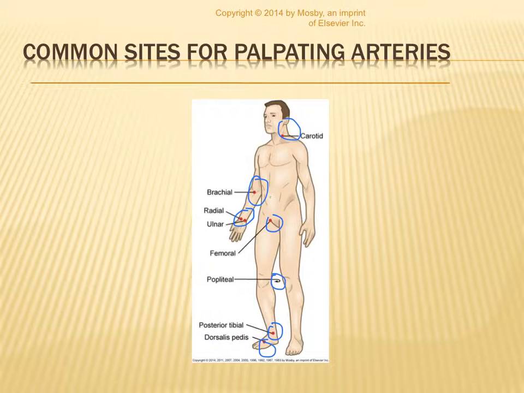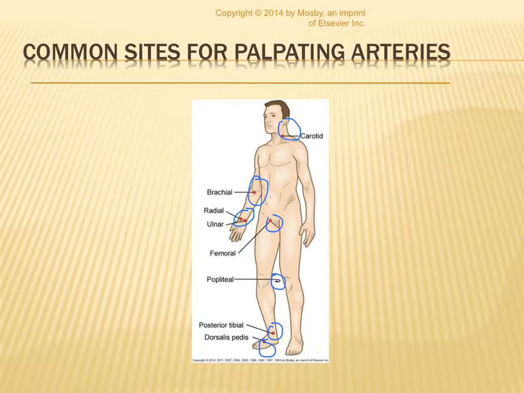Let's say that I'm palpating both of the radial arteries, right and left. So I need to make a note. How do I chart it? So I have a scale, a 0 to 3 plus scale. 0 is an absent pulse, 1 plus is weak, 2 plus is normal, and 3 plus is increased, full,